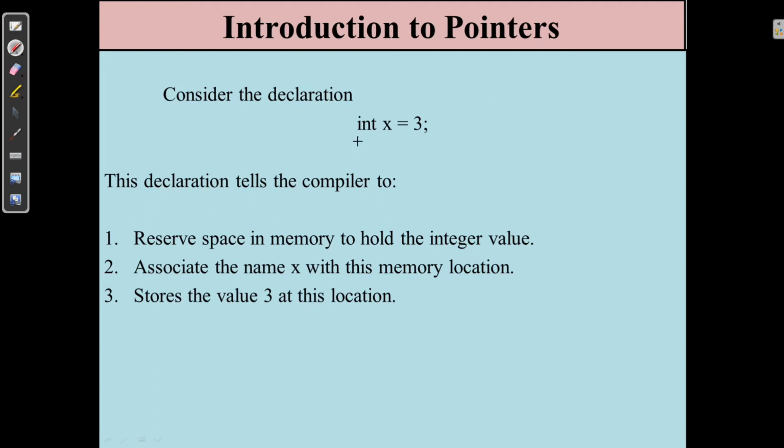So consider this declaration. However, we have discussed this declaration so many times. When I write int x is equal to 3, as soon as I write it, what does the compiler do? The compiler reserves a memory space to hold an integer variable, gives it the name x, and stores the value 3 in this space. So these three things are done by the compiler as soon as we write int x is